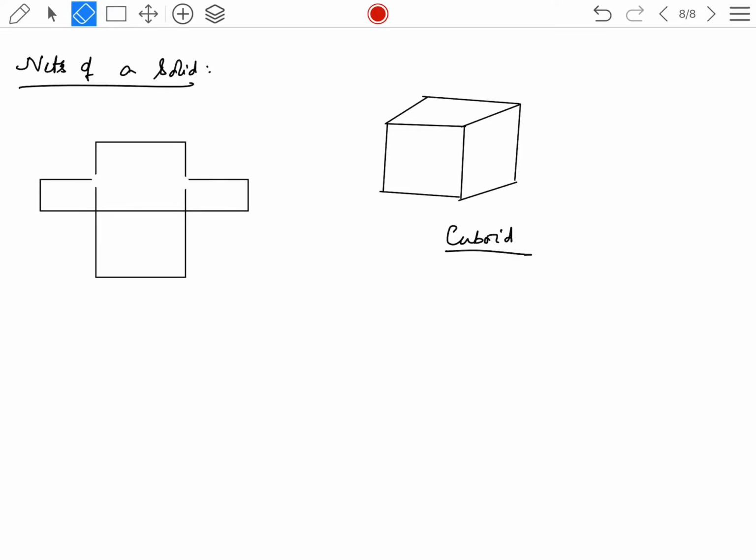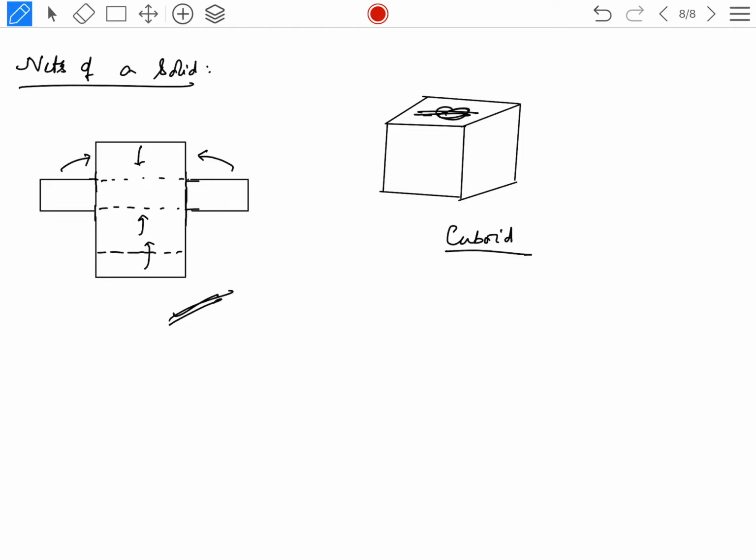I'll draw dotted lines for you where that figure is joined. In this way you will get one net. That means this part will be opened. You can close these two parts, and this part also will come here to the top. Another part will go to the top, and this part will go to this main top. That means when you open the shape of a cuboid or cube, you will get a net in this way.